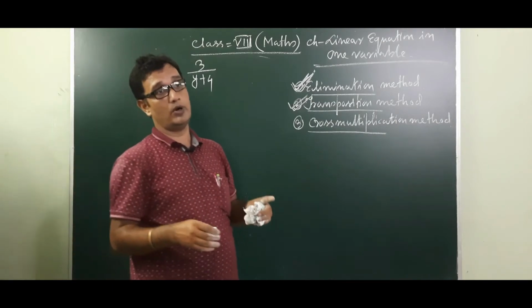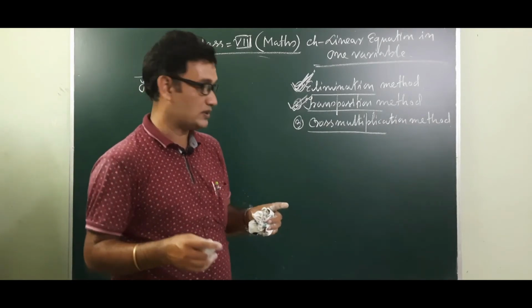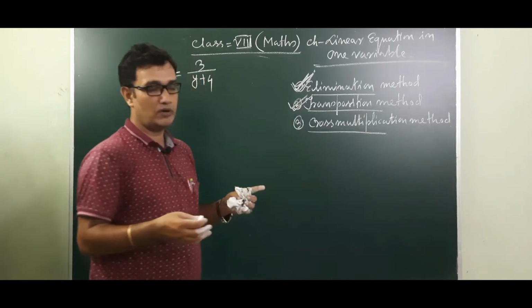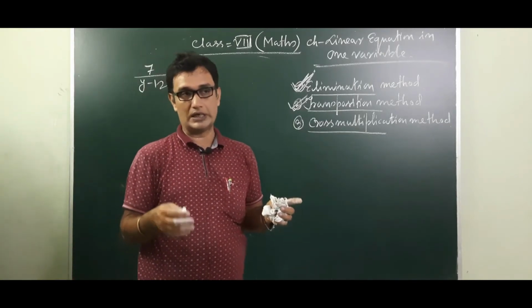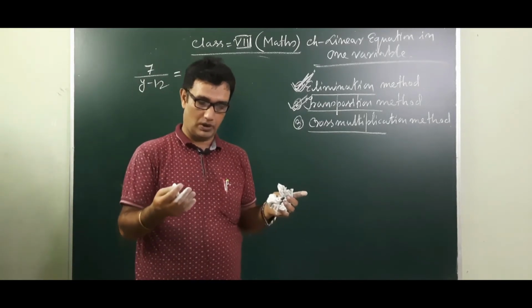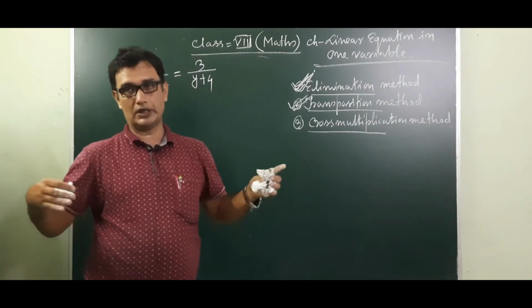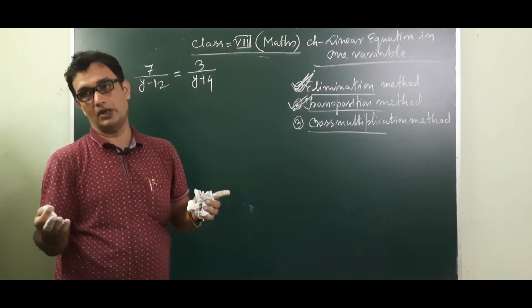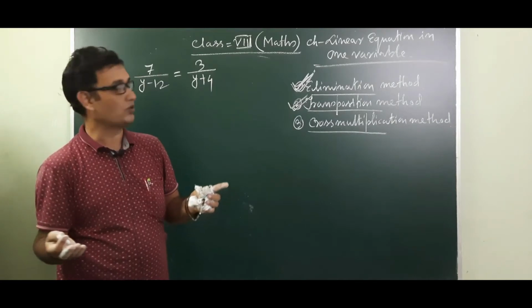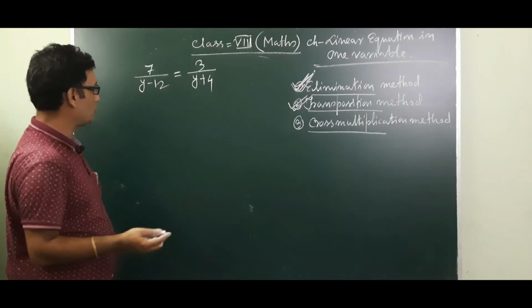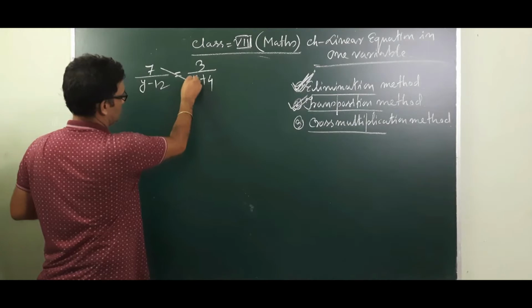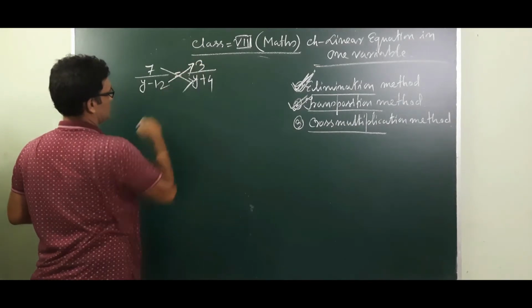If in your denominator part only one is there, suppose no value is there, only one value is there, in each and every equation the denominator is 1. So if only one denominator, then if you cross multiply, the same thing is coming, so we can't use the cross multiplication method. So here you see this one, what we will do, first you will cross multiply this into this equal to this into this.